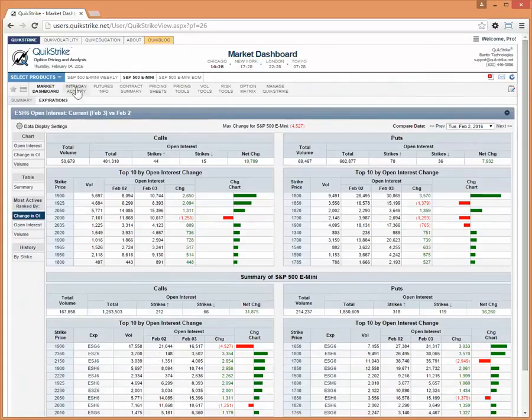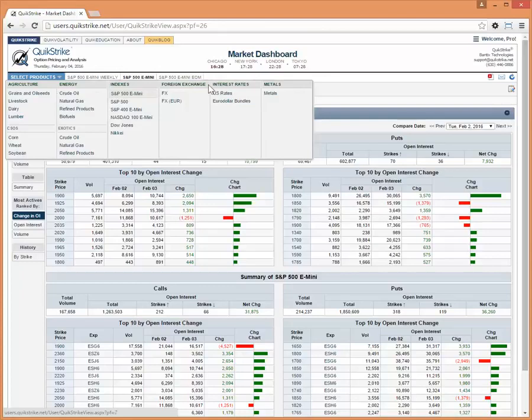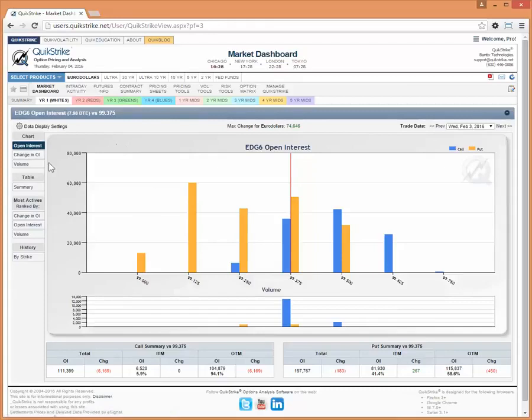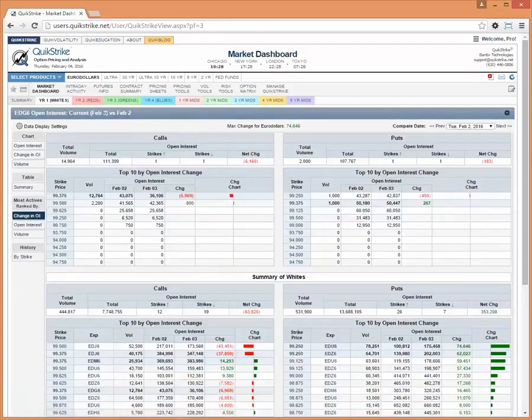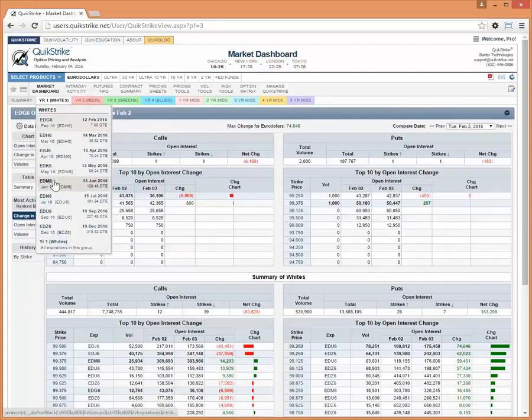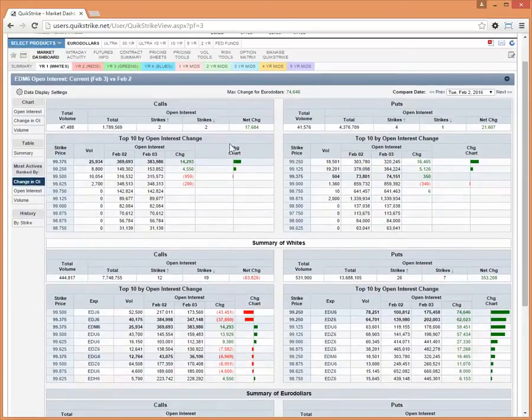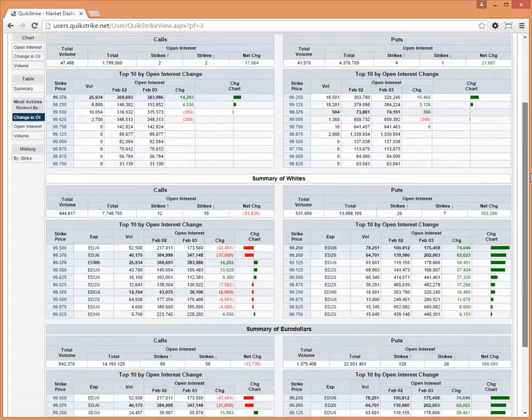And what I'm going to do is jump over to something a little bit more complex in terms of the product itself. So if I look at this same information on the Eurodollars, let's go to a contract that has a little bit more activity in it. Okay, what you're going to see is the change for that particular expiration, the change in the open interest for